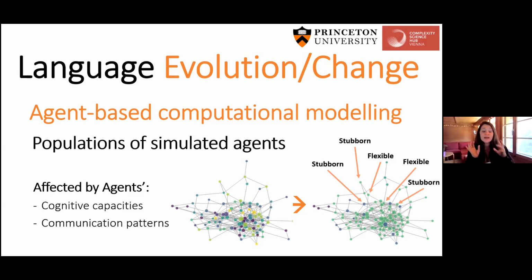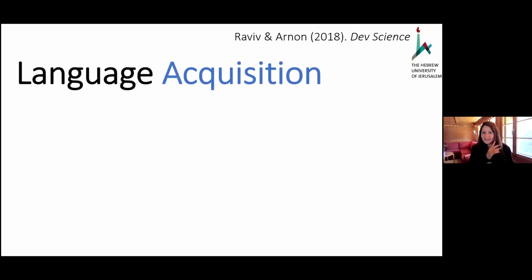And I'm going to get back to some more computational modeling work later in this talk, but now I'd actually like to shift the focus and talk about the experimental work I've done, because that's the bulk of my research. So I think a first important question to ask is, how do people actually learn these variants of their language? And looking at language acquisition, one of the biggest questions in the study of human language is, how do children even discover the structure of their language? And more generally, how do children learn these repeating patterns and regularities in their environment?